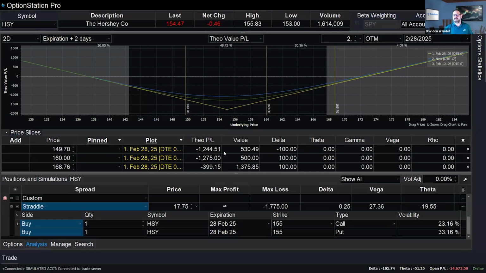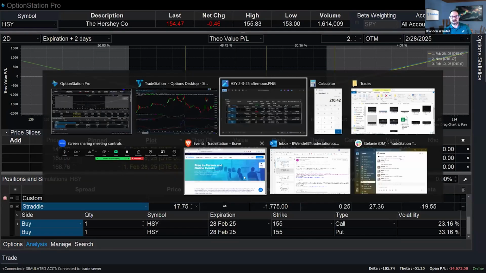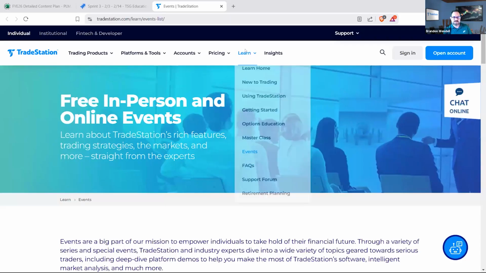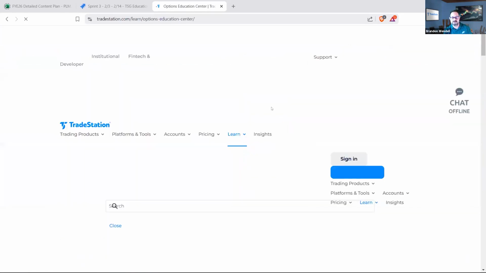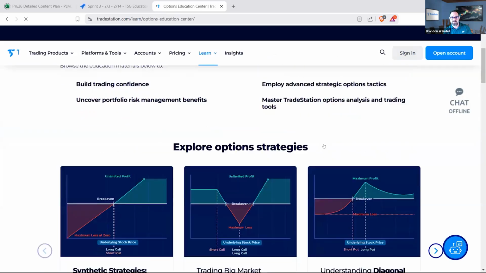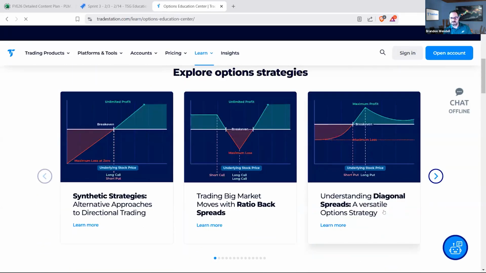So when you mention calendarize or diagonalize long units, what do you mean? Or do a double? I mean, you could do a calendar spread, which again, if you're not familiar with the strategy, under Options Education Center, there are the strategies available out there. And there is a diagonal. But again, that's one direction. I guess you get some direction either way, but overall, that wouldn't be the choice that I would do.